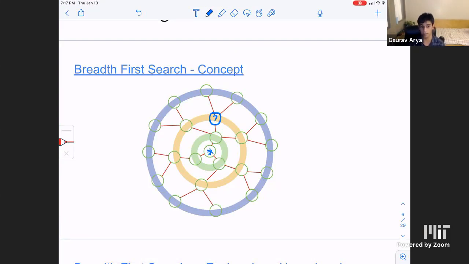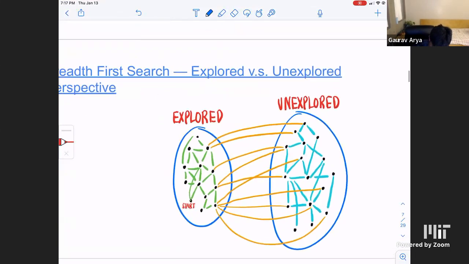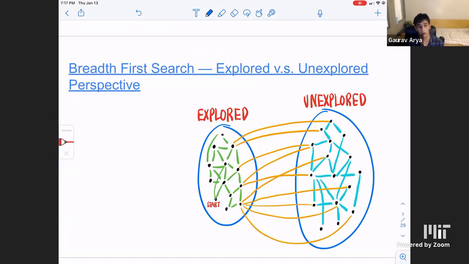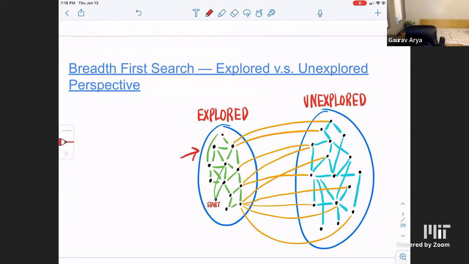But there's just one more perspective that I want to introduce that's useful for implementation. So let's think about breadth first search from this perspective, where we have all of these nodes on the left, which we've already explored. So these are the nodes for which we already know the shortest path. We know with certainty what the shortest path is to these nodes here. And we're continuing to expand. And rather than thinking about expanding in waves, we're going to think about just drawing one node from these unexplored regions here. So we pick the next node to explore